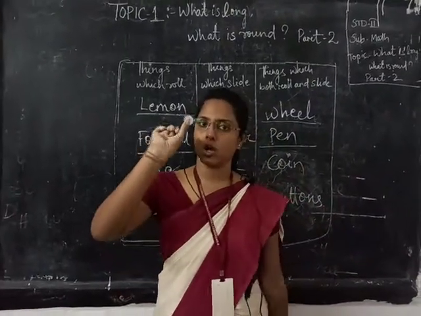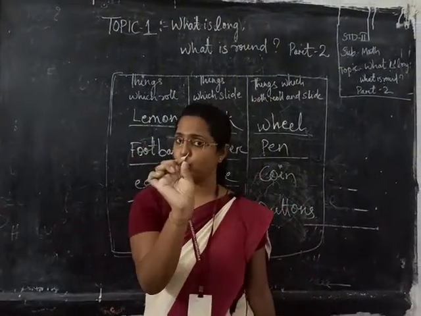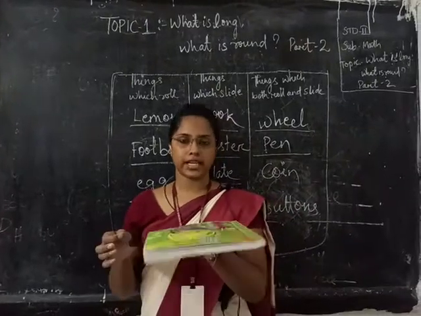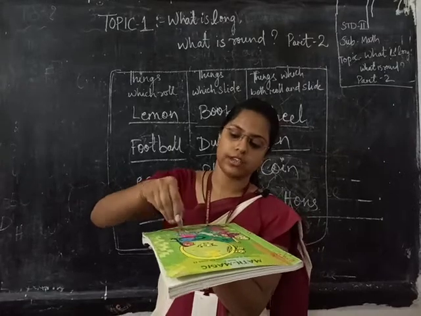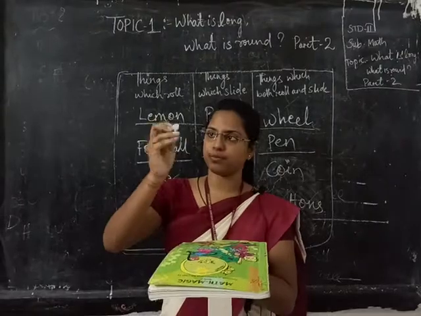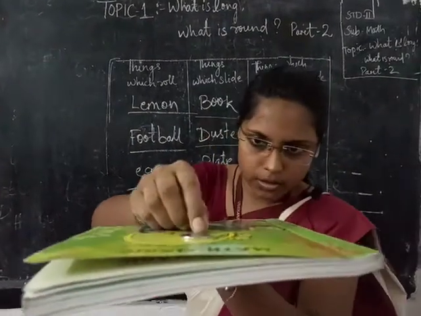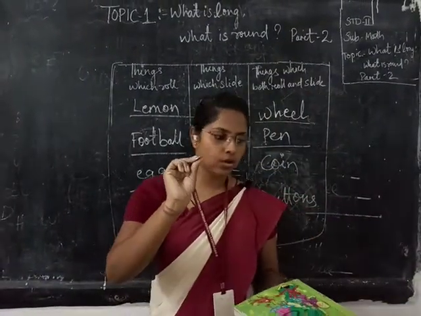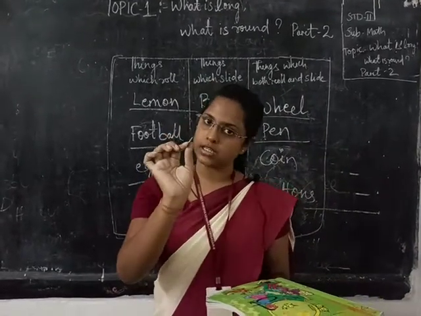So this is a coin. See, this one is a coin. Now I will use this coin and I will show you how it rolls and how it can slide also. So see, I will take a plain surface here. If I roll it down, it will roll like this. Yes or no? But if I use this flat surface and I want to slide it, see, I want to slide it. Again I am sliding it. It can also slide. Yes or no? Listen, so is it clear how it rolls and how it slides?